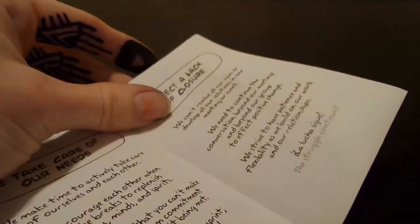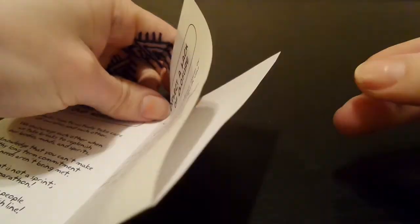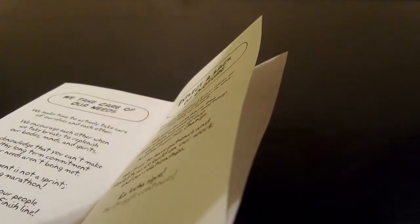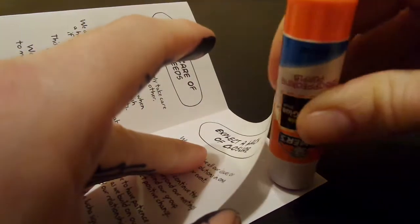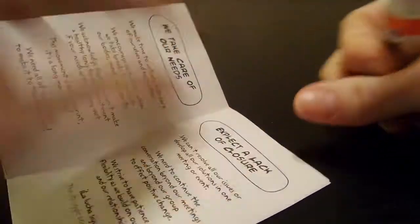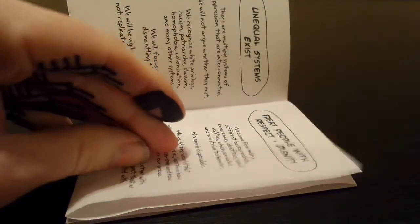Sometimes, if this is a really special zine or you have the time, you might want to take a glue stick and secure these pages that are back to back. Sometimes I've tried just using a little dot, and honestly that's enough. Or you could go really crazy and do along both edges that are open and close it up. Or leave it as it is. Either way, the booklet will be